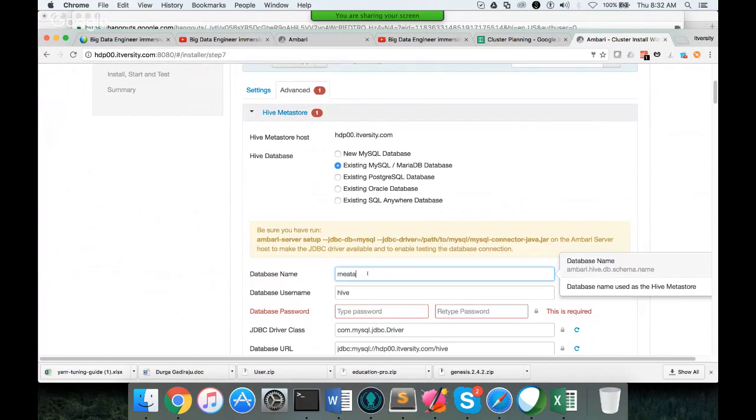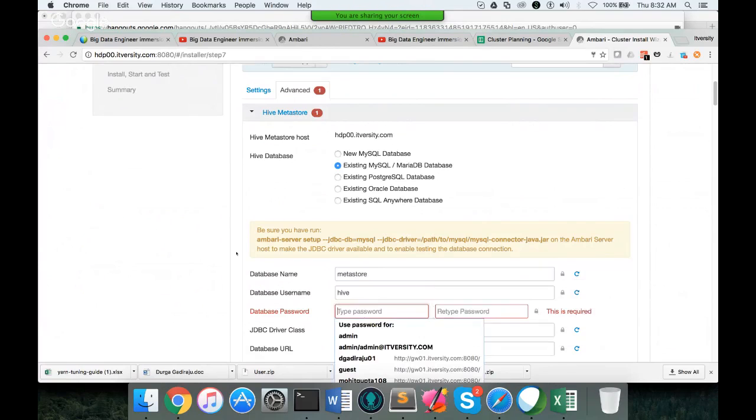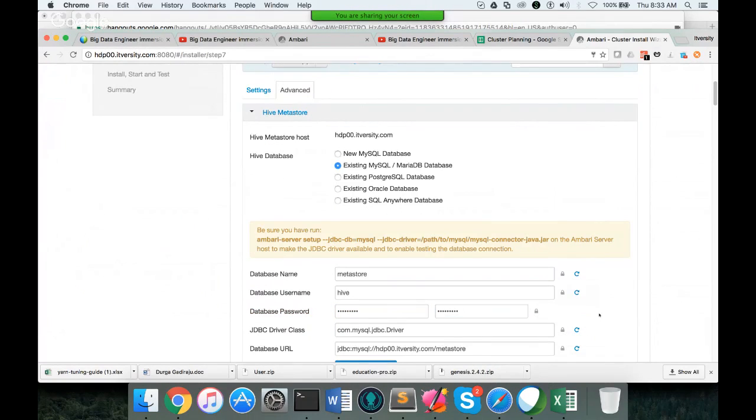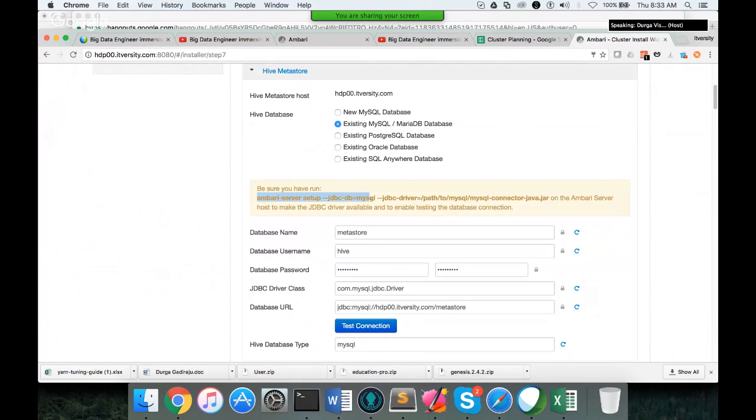Database name is Metastore. Hive is the username I want to use for Hive, and I have to give the password, which is IT Varsity. Okay, and you have to run this command. You just copy paste till here,